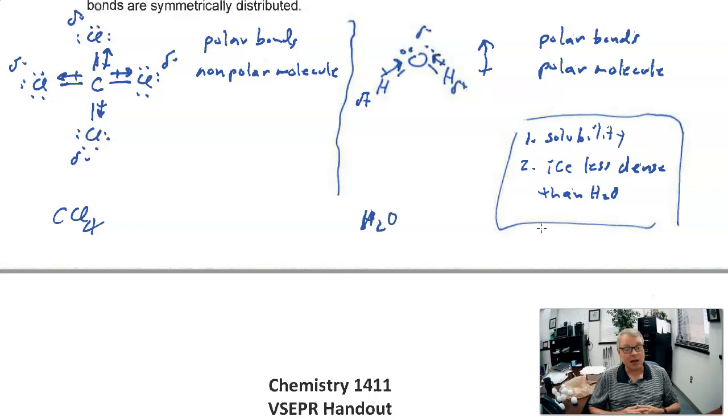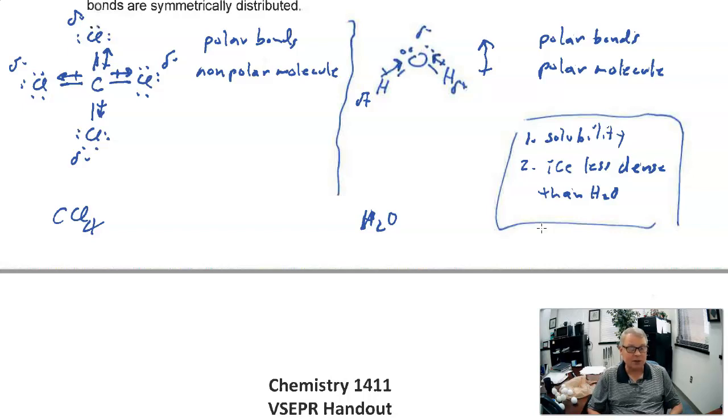It actually goes to the top. The liquid phase is more dense than the solid phase. Now, is that typical of most substances? No. Usually the solid phase is more dense than the liquid phase. And of course, the gaseous phase would be the less dense phase there. But water is kind of peculiar in the fact that the solid phase is actually less dense than the liquid